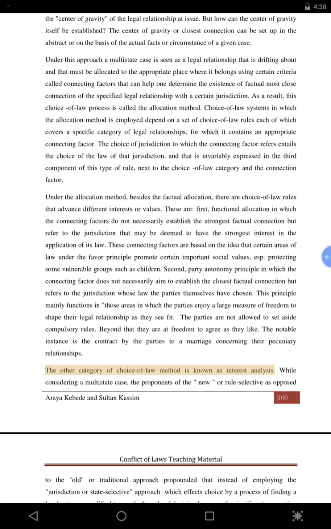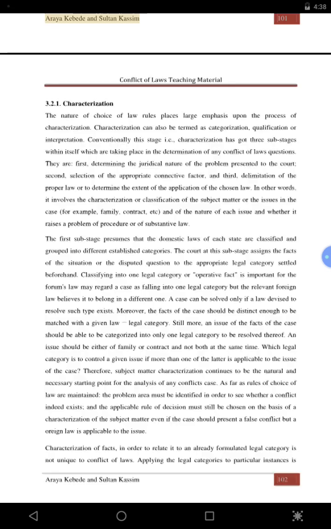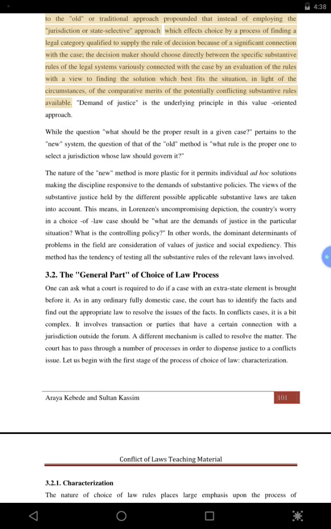The other category of choice of law method is known as interest analysis. While considering a multi-state case, the proponents of the new, or rule-selective, approach, as opposed to the old, or traditional approach, propounded that instead of employing the jurisdiction or state selective approach, which affects